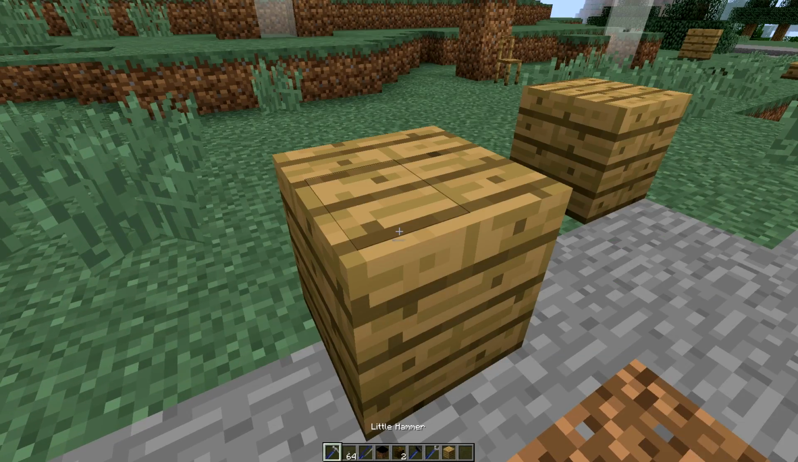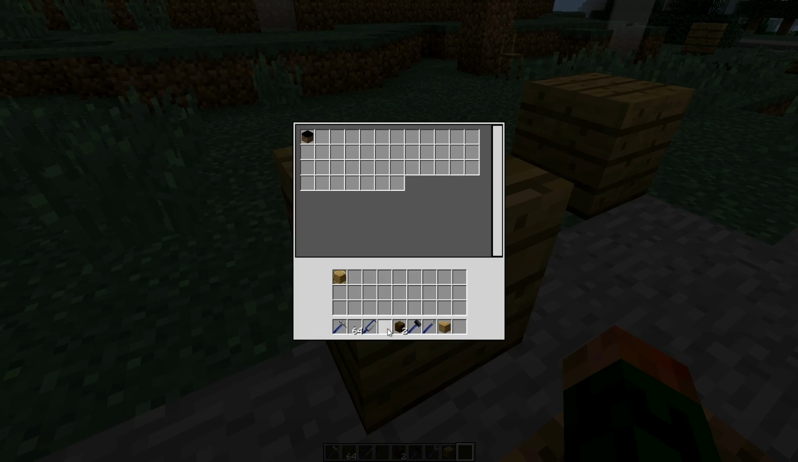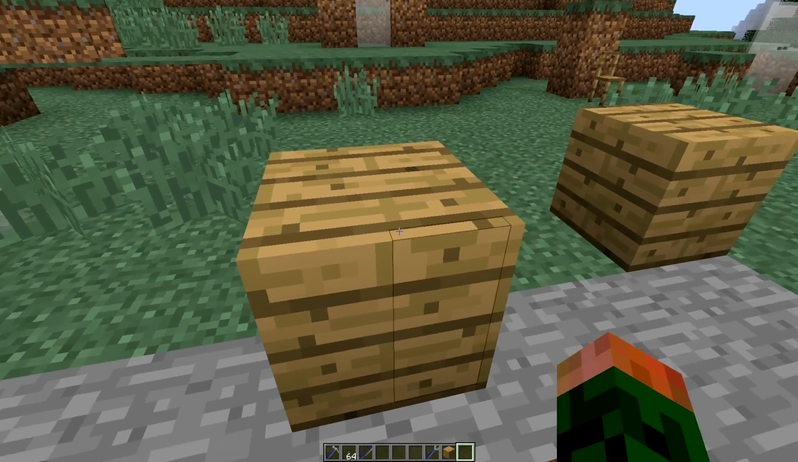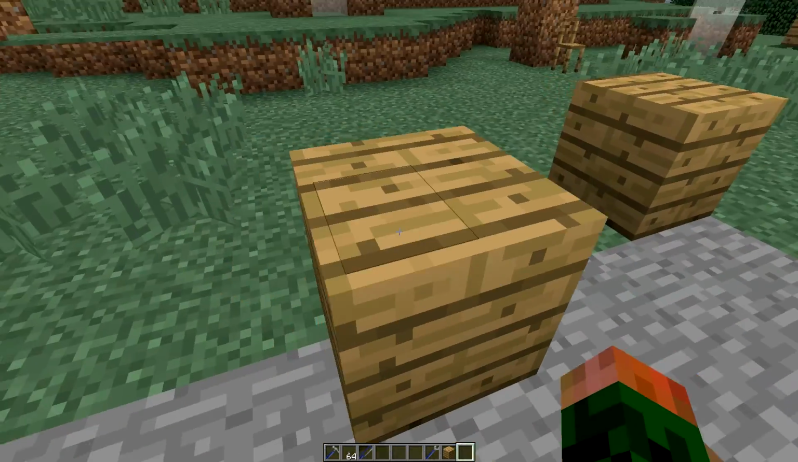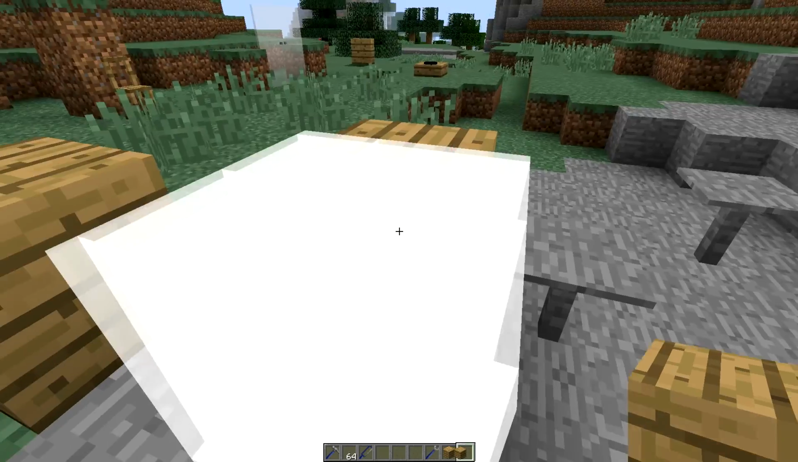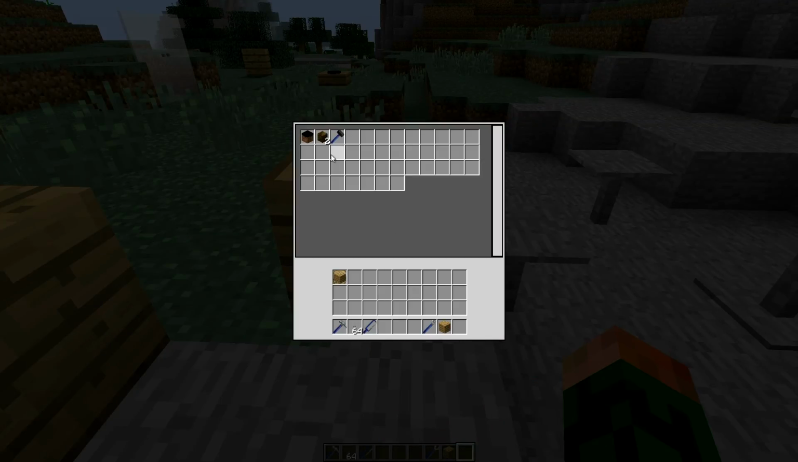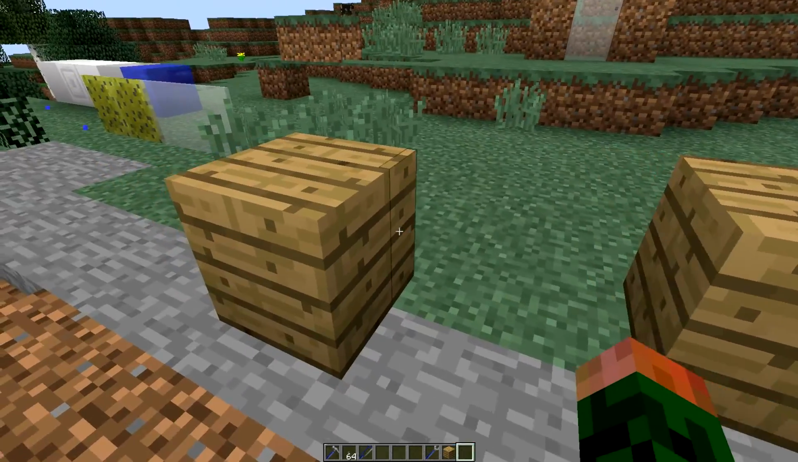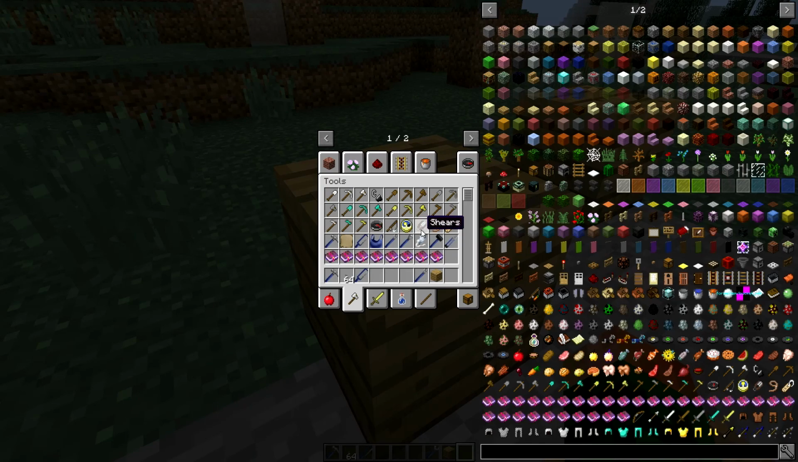It will act as an inventory, and you can put stuff in there, and even if you remove it in survival mode or pick it and place it again, it will be in there still. So that's actually how storage works. You can also